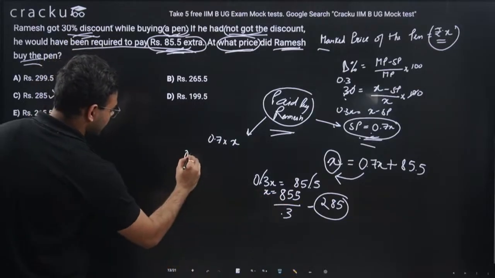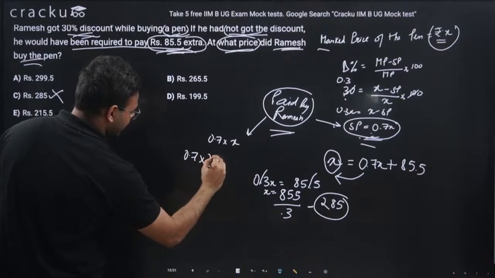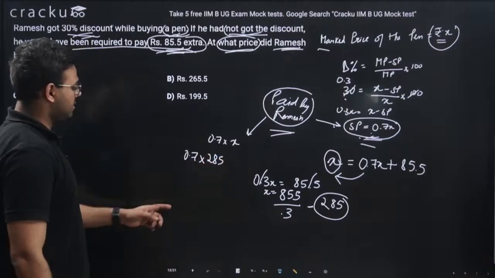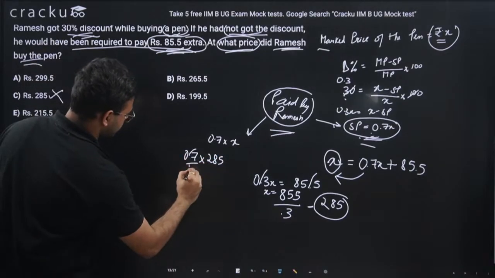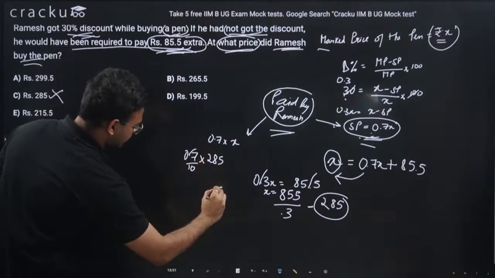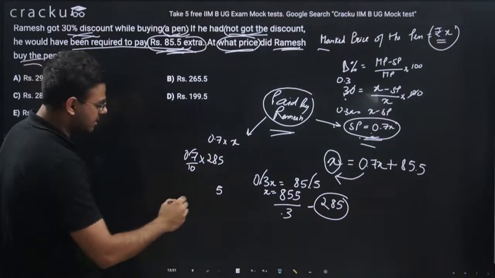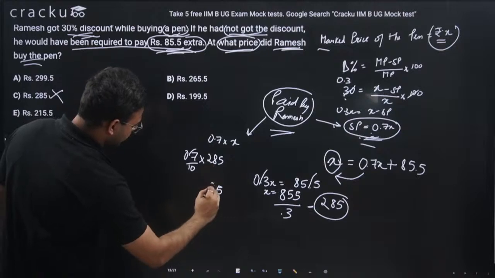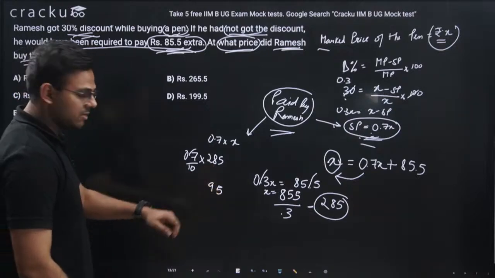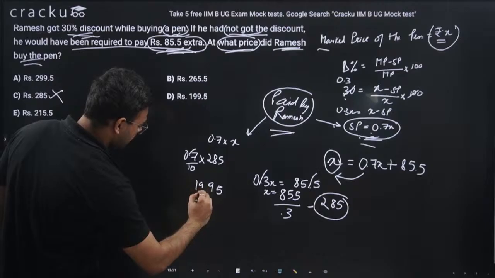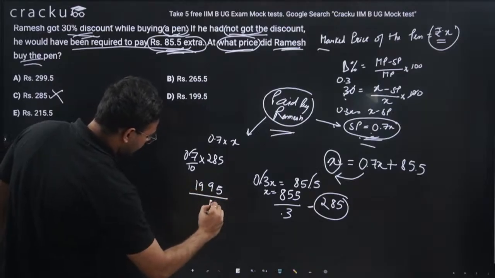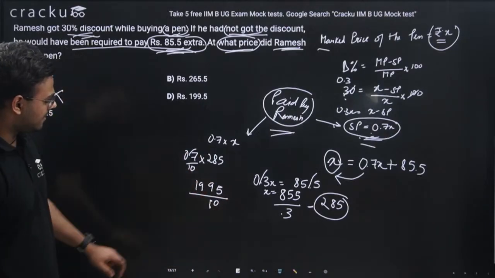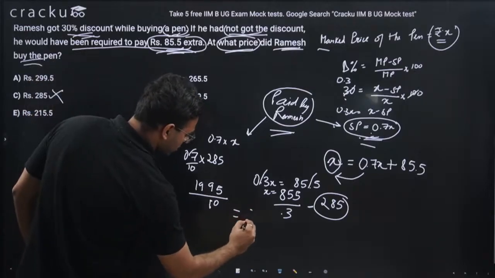So 0.7 multiplied by 285. This will be 7 by 10. So 7 into 5 is 35. 5, 3 carry. 7 into the 56 plus 3 which is 59. 5. And 7 into 14 plus 5 which is 19. So 1995 divided by 10, which is equal to rupees